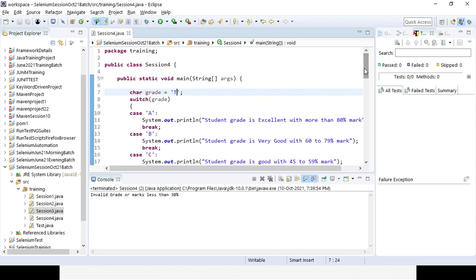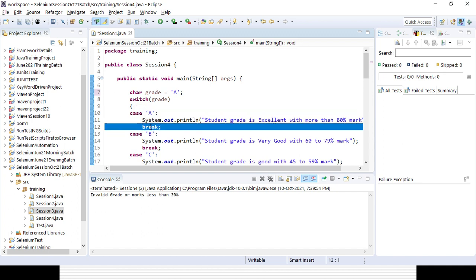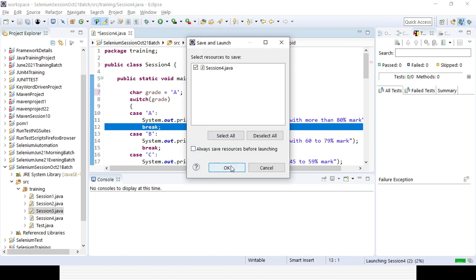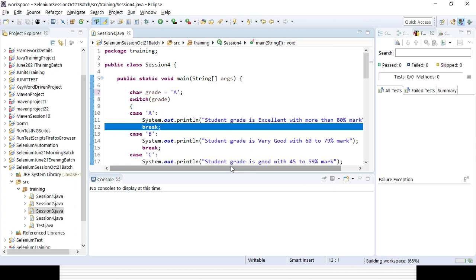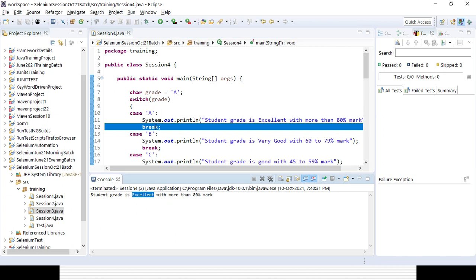So why am I saying that break is required? Break is optional, you can give it or not. But in case you are not giving the break, what happens? Though the condition is not matching, it will still execute the remaining steps because it is not breaking your code. That is the problem. Now if you give A, it will only print that one, because as and when the condition is matching and it finds break, it will break out of the switch statement as well. In case the break is not there, it will go beyond that and try to run the remaining steps. Here break is there, so it is only executing that code and breaking out.